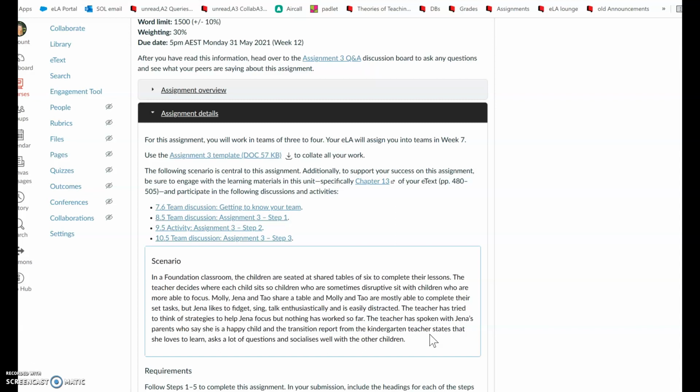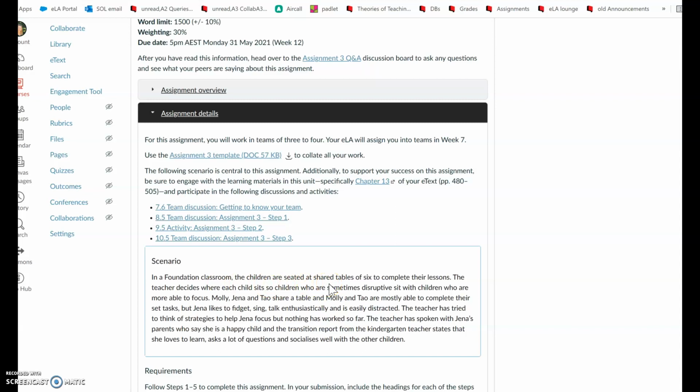So as I said, this is a really brief scenario here, but each element has been included here for a reason. So think of these as clues to what needs to change, what issues are there here, and how can we address them for all the stakeholders in this classroom. So just when I first look at this, what do I know? Okay, I know it's a foundation classroom, so I know the age range of the children, and I automatically know a little bit about their developmental level, the types of learning that they're used to, and how they interact with